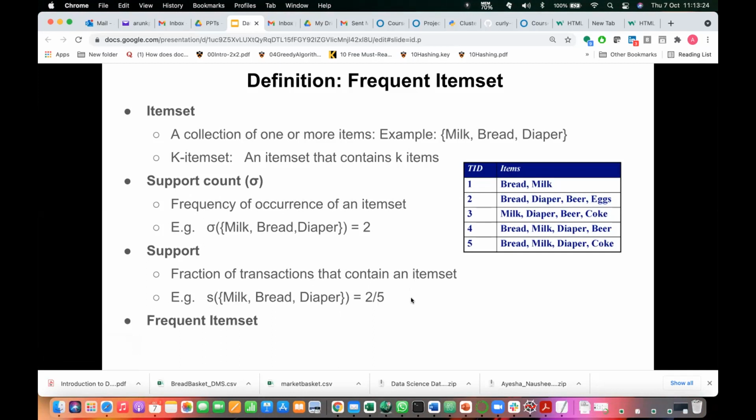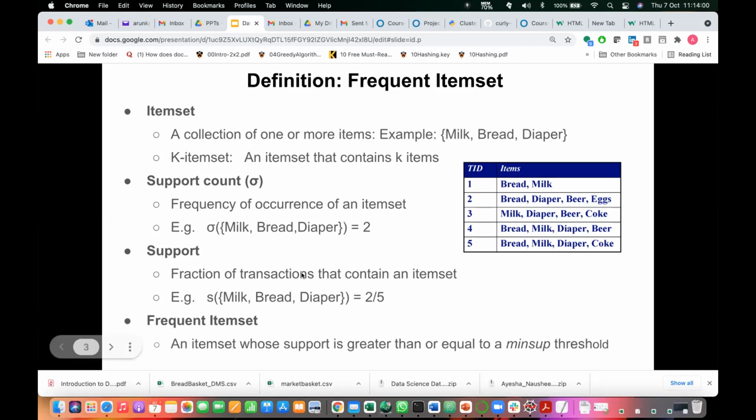Support count is different, support is different. Support is always a number between what? 0 and 1, because you never get a numerator bigger than the total number of transactions. That is the maximum, that is 1. So when do you get the minimum? When there are zero occurrences, no transaction supports. Can you go below 0? You cannot, because it is a counting thing, and you cannot count anything less than 0.